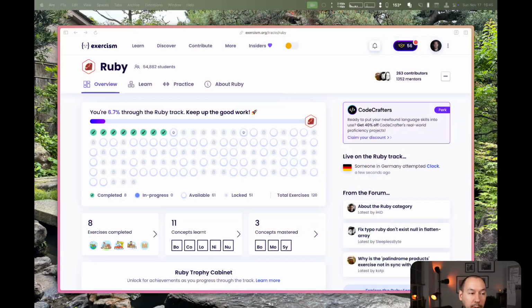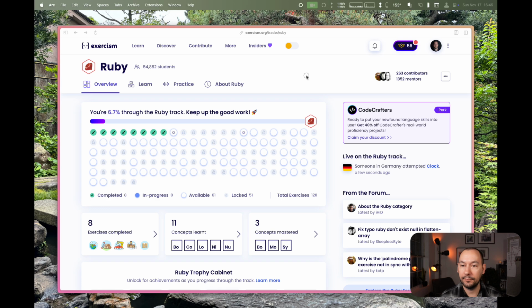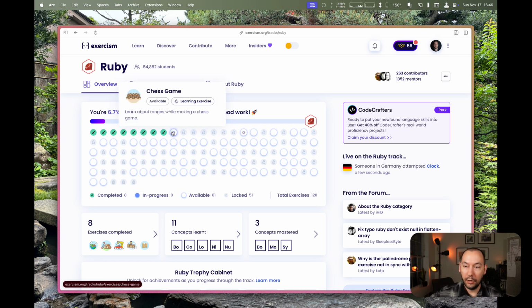Ruby track on Exercism. So not a lot of preamble today. I think pretty much I'm just going to get right into it. Let's hop on over to Exercism. So we are still in, I think there's only at this point one or two left, the set of